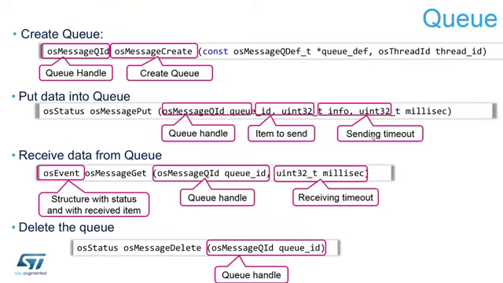The queue can be created by osMessageCreate with the message queue definition. Again, the definition has to be made prior to calling osMessageCreate. Then it can also be allocated to a specific thread, but normally there is null here. You can put the data into the queue with osMessagePut, with the queue ID, the number to send, the timeout,